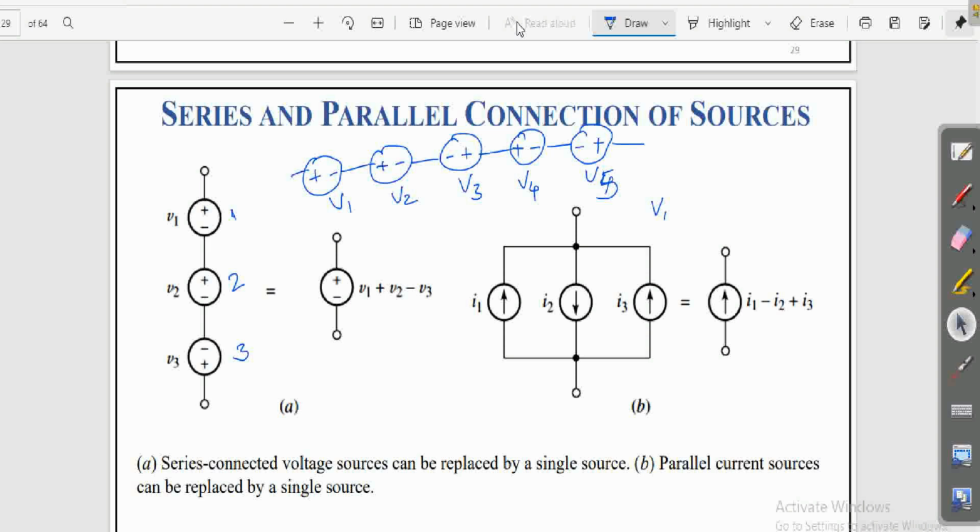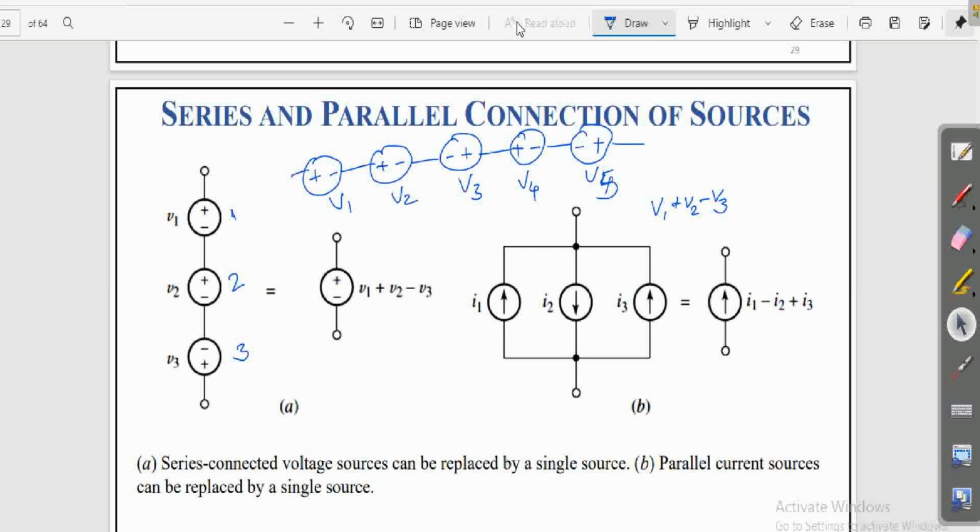Let's observe the second one. The first is positive, second is negative. Just write simply, it is following V1. V2 is following the same polarity convention, so plus V2. Next, go for the third one. With respect to V1, here it is positive, negative, and it is negative, positive. So it is opposing, so we write minus V3.